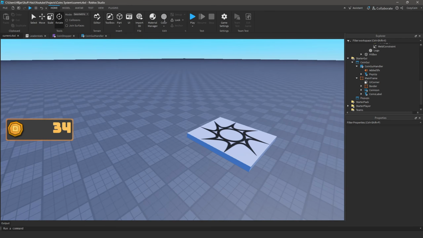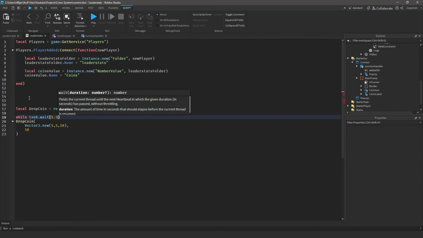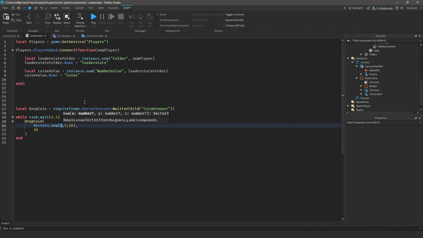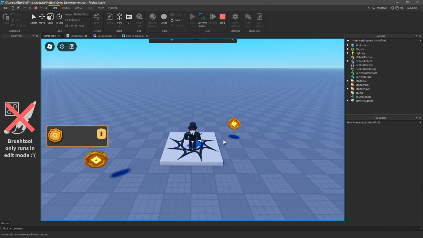And I'd also like to show you one thing you could do under here. I'm just gonna make this a while loop with task.wait and give it like 1.5 seconds. And then I'm also going to make this a random value, so it'll randomly spawn between the spawn point instead of just being one position. And with this little add-on, now if we go play, we'll see that coins are spawning all around us, and